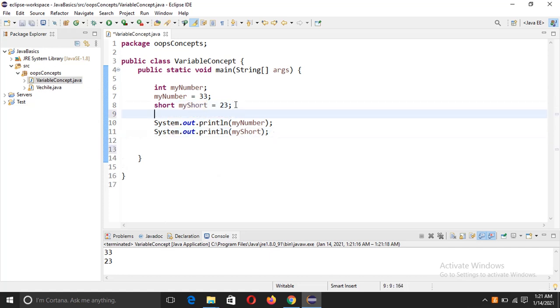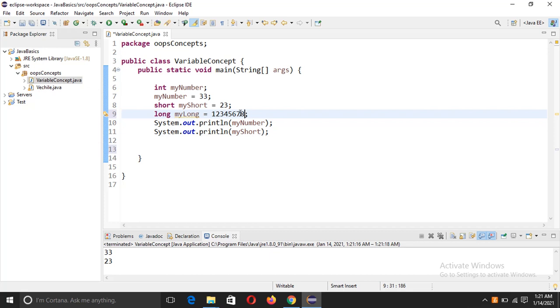Now we have one more variable which is used to store long values. Let's name it mylong. I'm going to take simply 1 2 3 4 5 6 7. This long data type is used to store very long values up to some range. I don't know the range exactly.